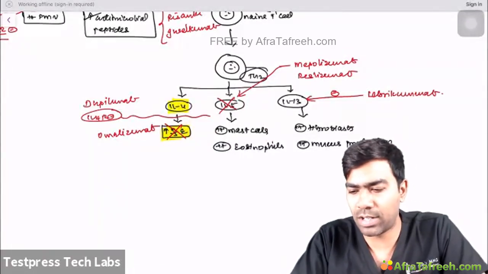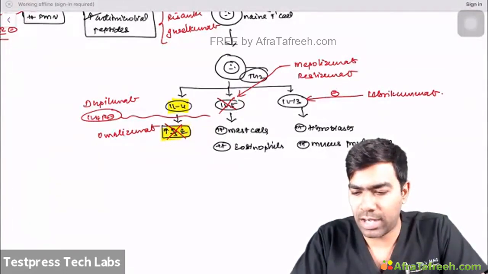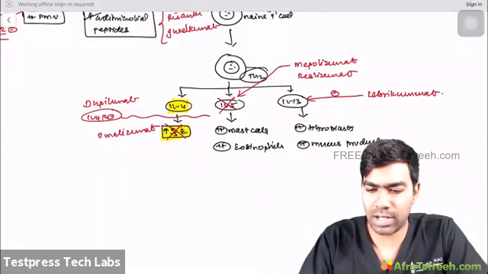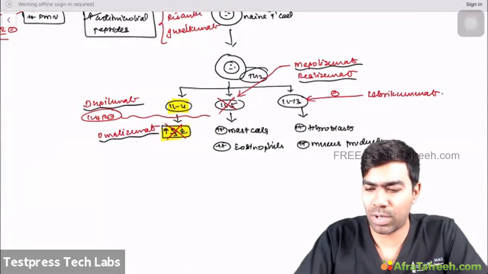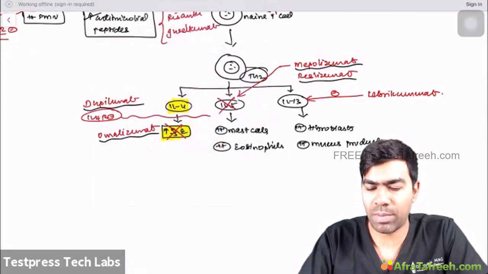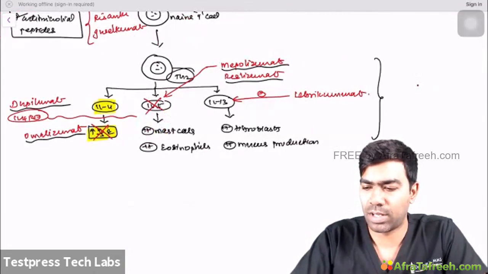Lebrikizumab. So that is the drug that blocks the IL-13. Basically, it's an IL-13 inhibitor. Currently, many drugs are basically approved in the setting of treatment of bronchial asthma. That is, in the current guidelines, omalizumab is already there, dupilumab is already there, then mepolizumab and reslizumab are already there. Only lebrikizumab has not yet gained approval for the treatment of bronchial asthma, but all these drugs have been